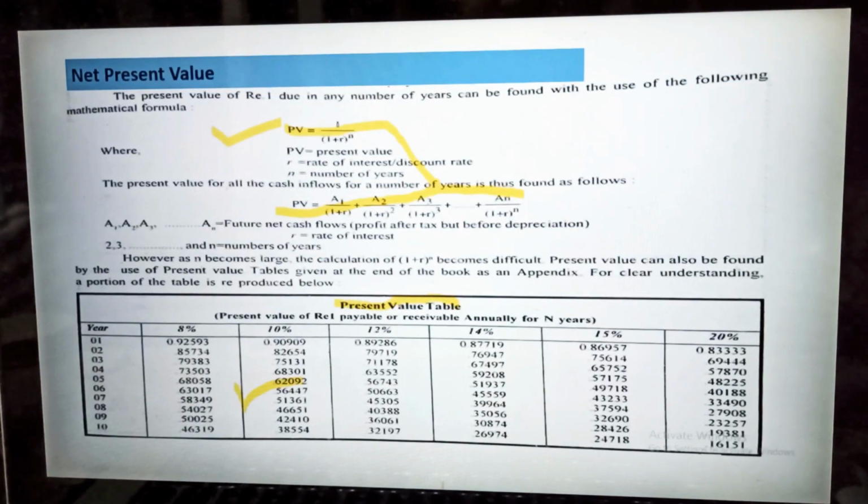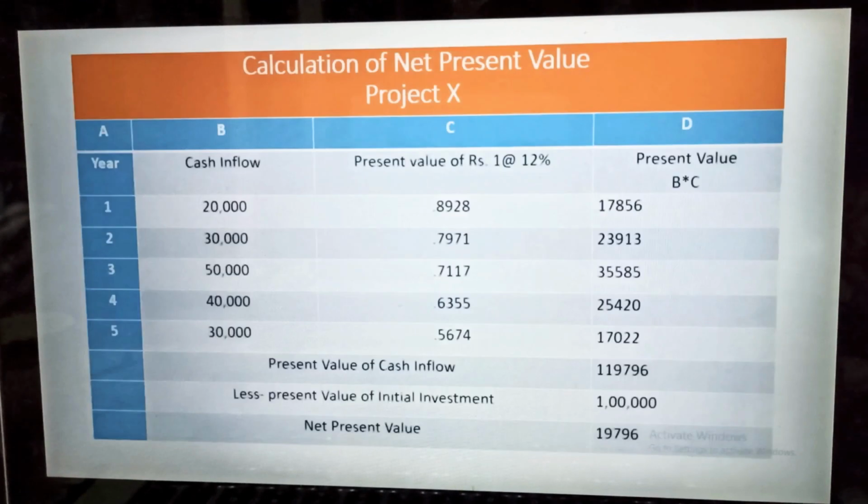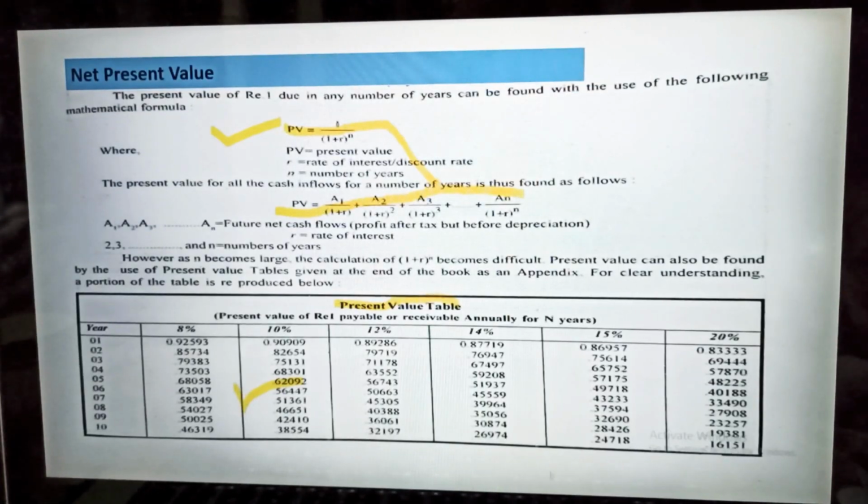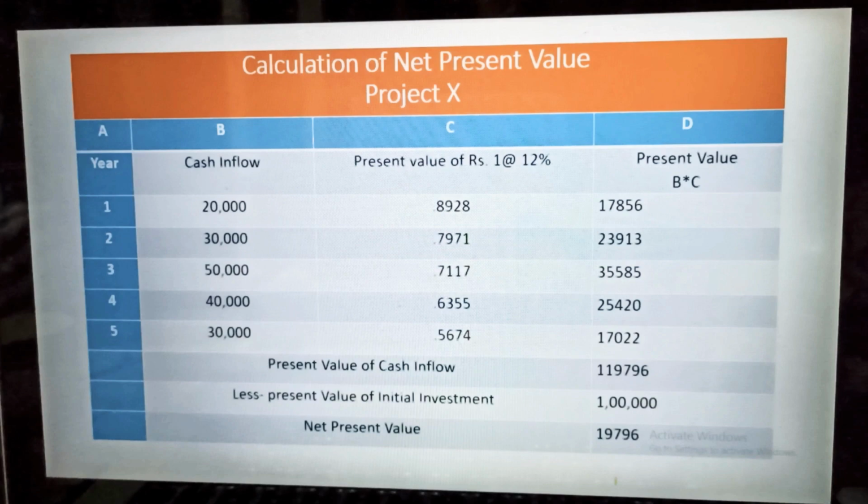As I have told you, there are two ways. One way is to calculate manually, like present value is equal to 1 divided by (1 plus R), like that. The second method is the table. So I have inserted a small cut of the table here, which is required for our question, but it is the complete table. You may find it through the internet or in any book. So let's come to the solution.